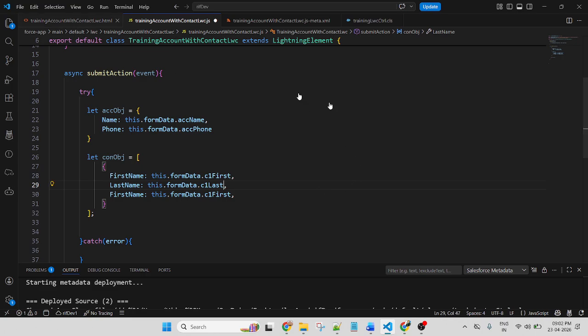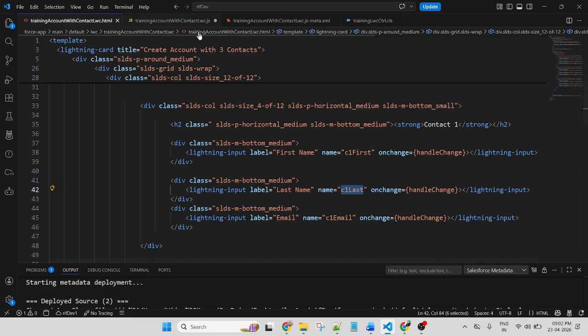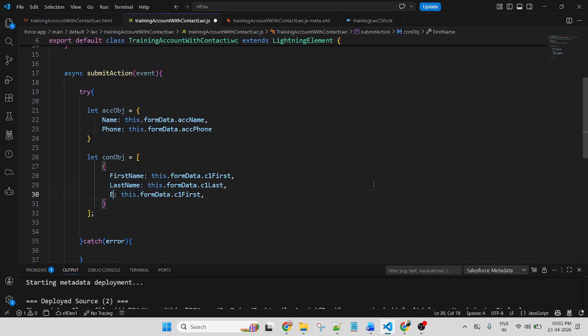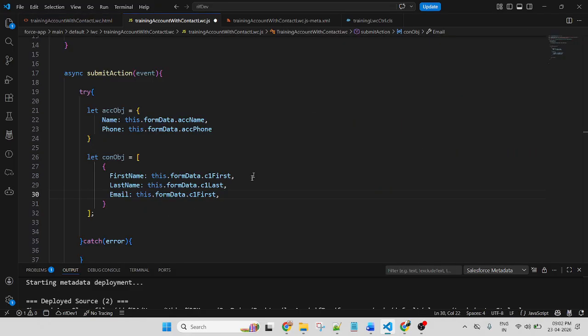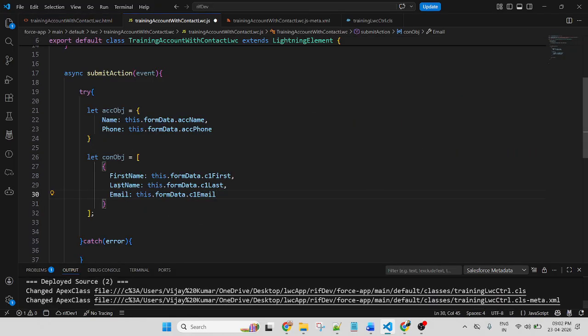And this is an email, and the email name is C1 email. Remove the comma. So that is the first object for contact one.